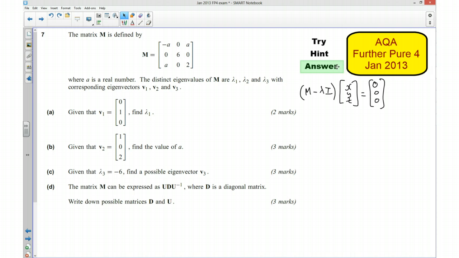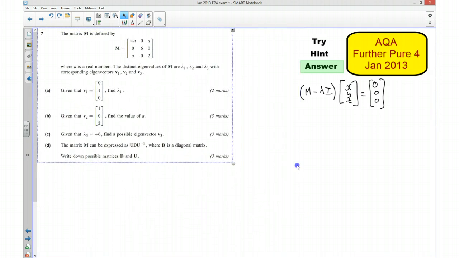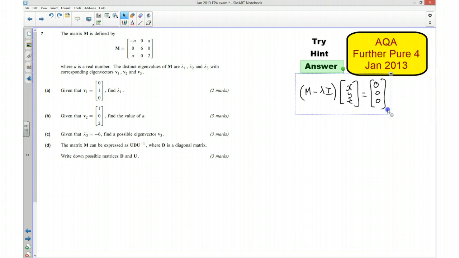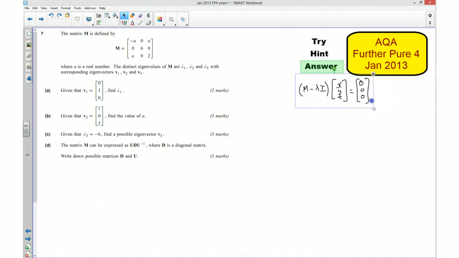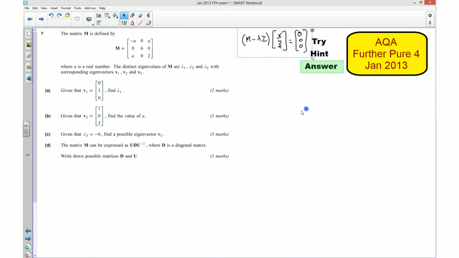Okay, I'm now going to go over the answers to the questions. So I'm just going to make this a little bit smaller to give myself a little bit more room to work in. I'll keep this actually, so I'll just get this out of the way over here. Okay, right, so for part A,